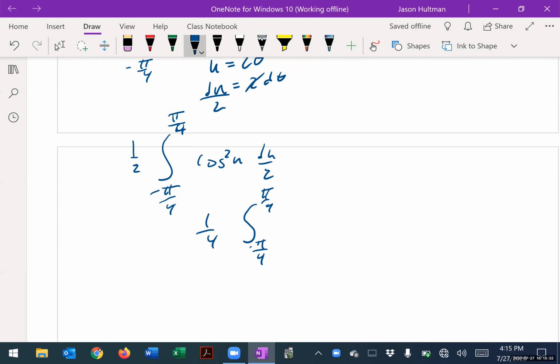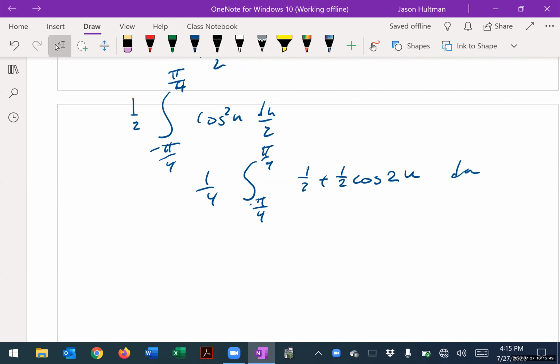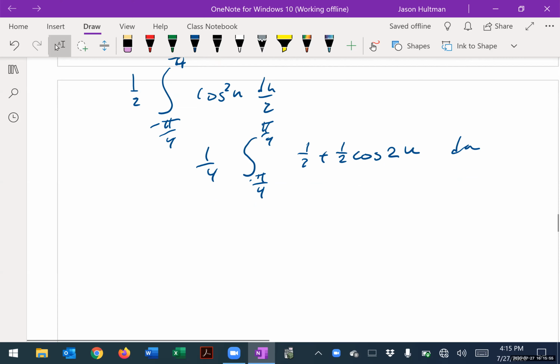Well, how do we deal with a cosine squared? We use a half angle identity, and we say that this is going to be 1/2 plus 1/2 cosine 2u du. And if I really wanted to, I could do another u sub on this. I could break this up. This is 1/4 times the integral from negative pi over 4 to pi over 4 of 1/2 du, plus,